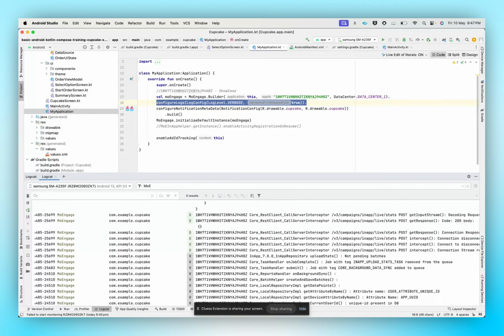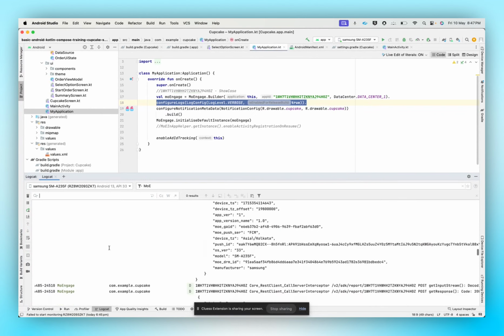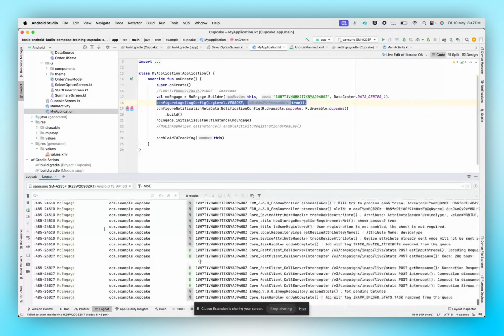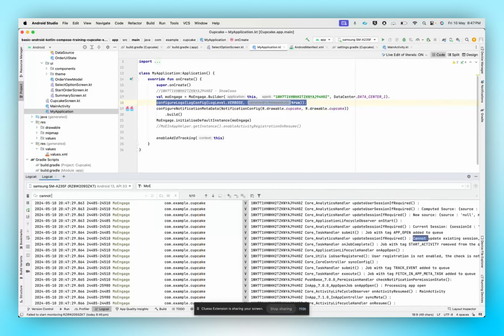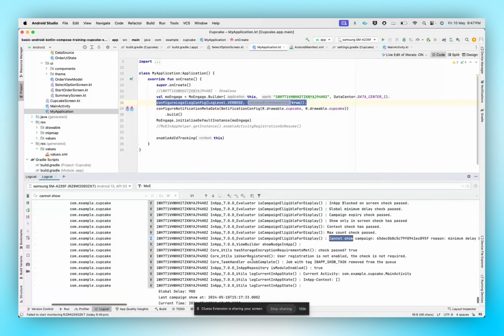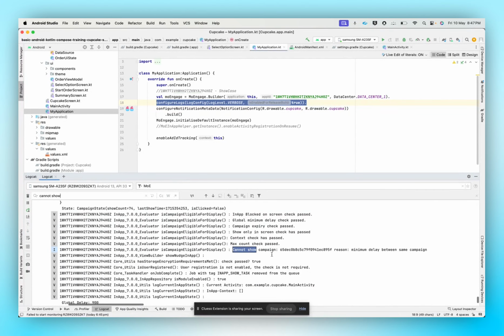Next, we'll examine what occurs when an in-app message is not shown to the user, which is a crucial aspect of troubleshooting. After closing and reopening the app, you'll see a log line stating that we are unable to show the in-app. You should look for the phrase, "Cannot show in-app." This log illustrates that we are unable to display the in-app message because the minimum delay between campaigns has not